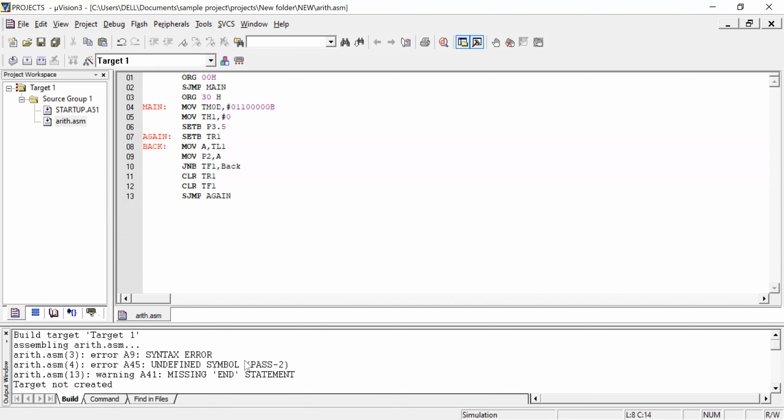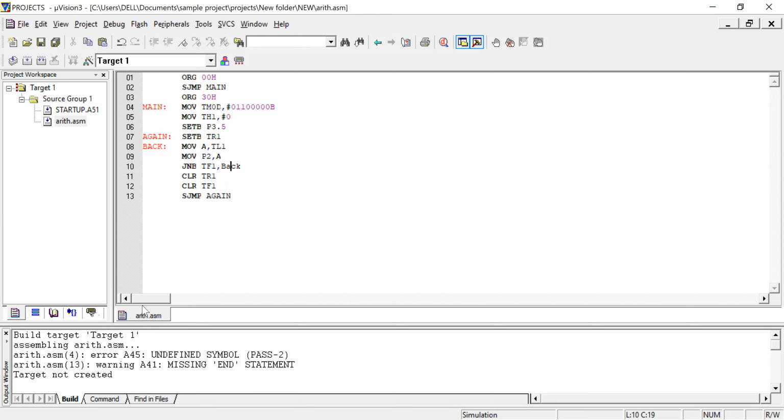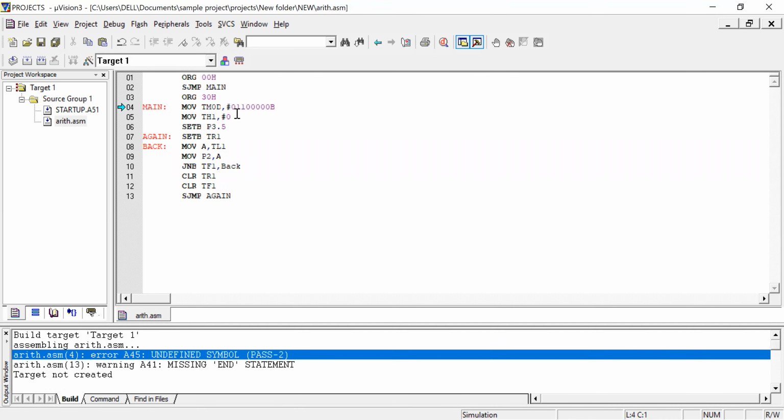Build this. So there is a syntax error. Let us check where that is. Here there is a space in 30 space H that should not be there. And there is one more error here. What is the error?